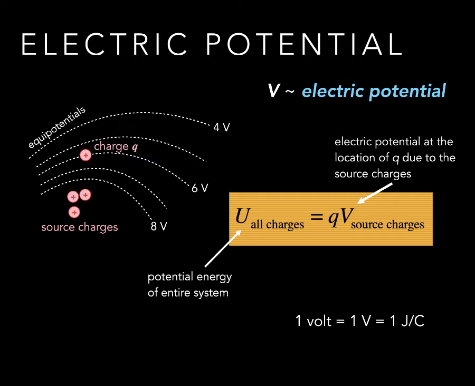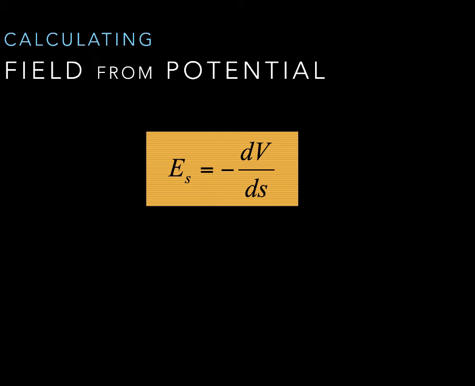So when we add this charge Q back, that's where that charge Q is. So we get this distribution, these equipotential lines, this map from the source charges and therefore the electric potential. And then if we add another Q, we can get the potential energy. The other thing we want to address is what you'll see in the book. You can get electric field from potential, and it's the derivative of electric potential, V in volts, with respect to space. We did this in the lab, and there's a negative sign here, which is pretty important, but just for the sake of it,